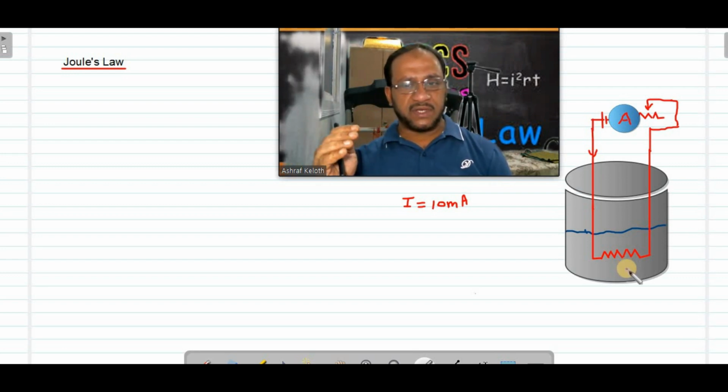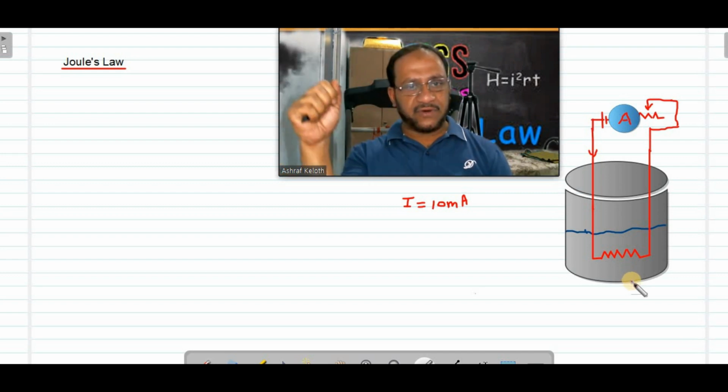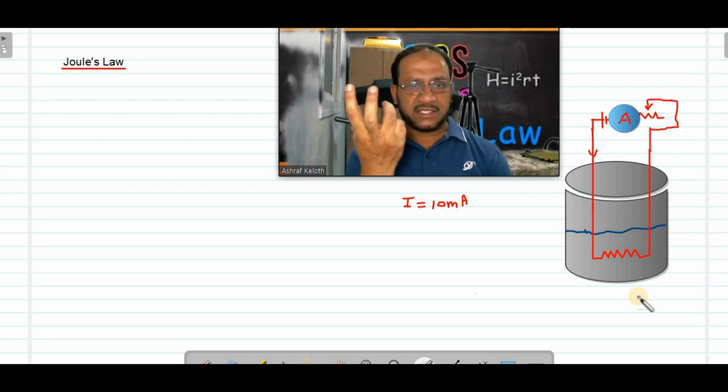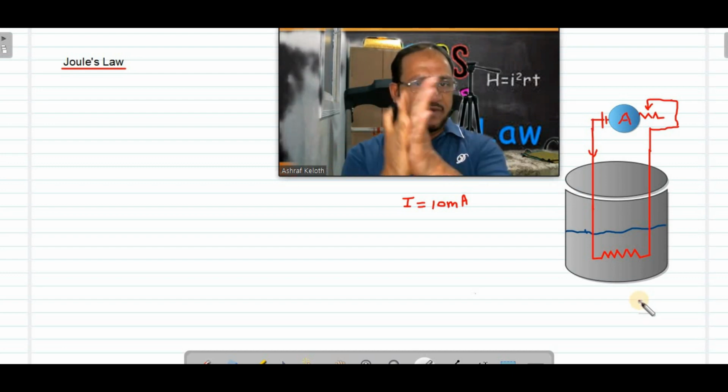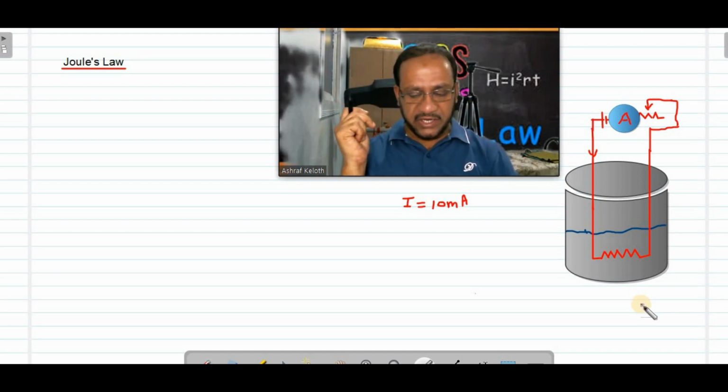So whenever electrons are flowing through the conductor, and during that time if it is opposed, whenever we oppose something, heat energy will be produced. For example, if you scratch a knife on a rough rock surface, what can we see? We can see sparks, heat, isn't it? It will get heated up. Why is it getting heated up? Or if you rub your hands like this, try it, your hand is heating up, isn't it?